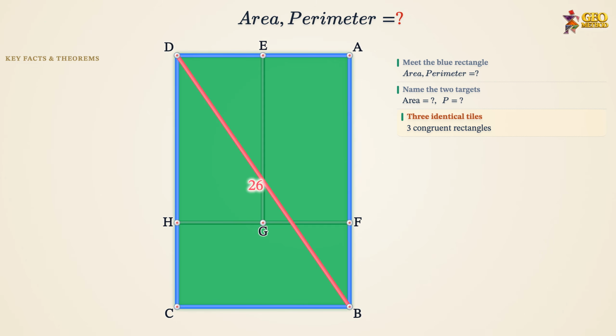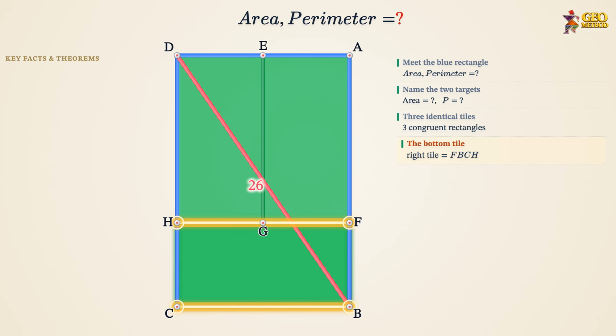The blue rectangle is paved by three identical green rectangles. Two of them stand at the top and one lies across the bottom, and their shared shape is the key that links the height to the width. The first green tile is the long rectangle FBCH along the bottom. It lies flat, so its long side spans the full width of the blue rectangle and its short side runs